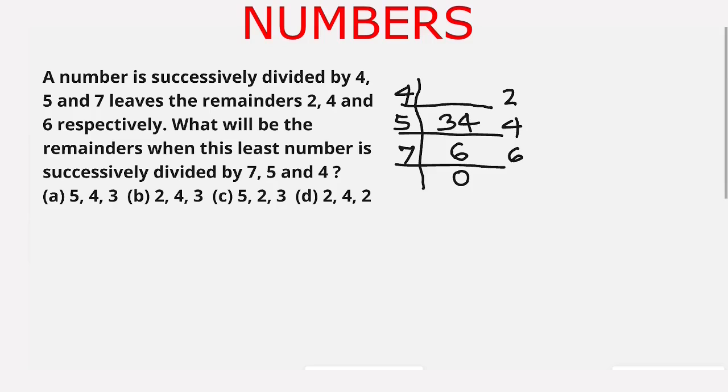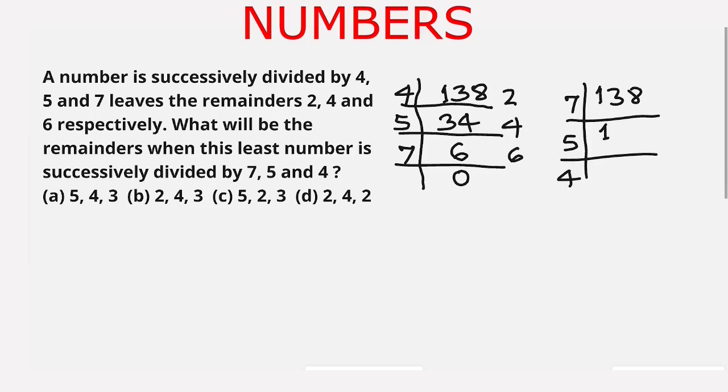Now this 34 is the quotient for 4 and the remainder is 2. So the dividend is 4 times 34, which is 136, plus remainder 2, which is 138. This is that least number which when divided by 4, 5 and 7 successively leaves the remainders 2, 4 and 6. Now this least number is successively divided by 7, 5 and 4 and we have to find the successive